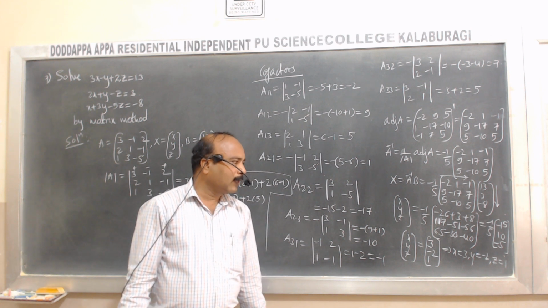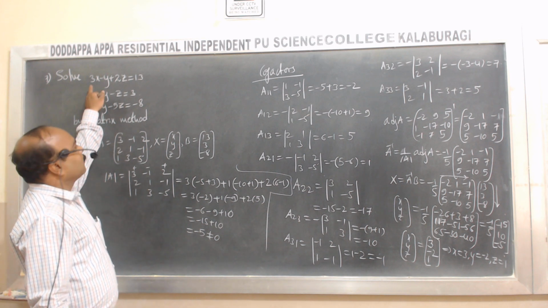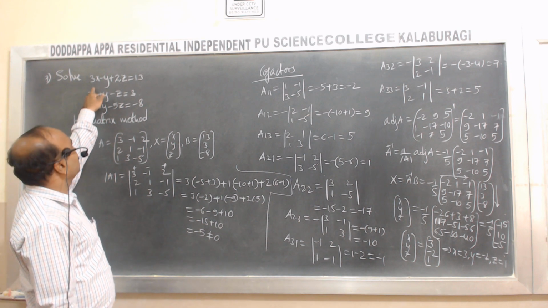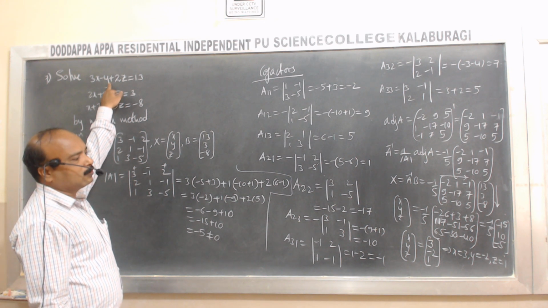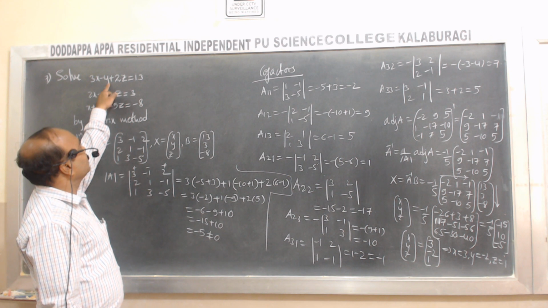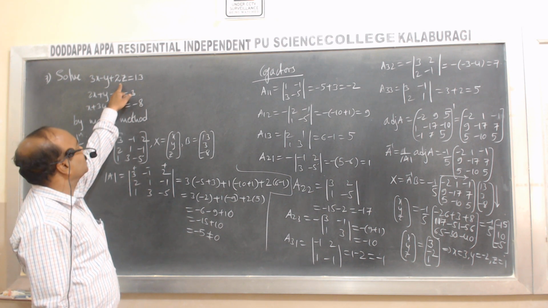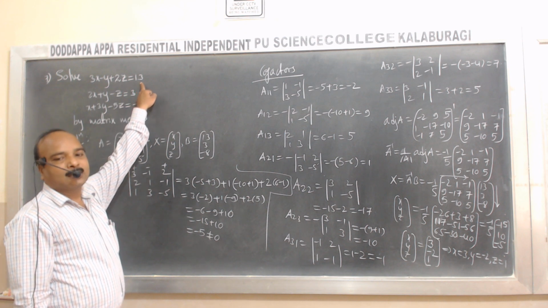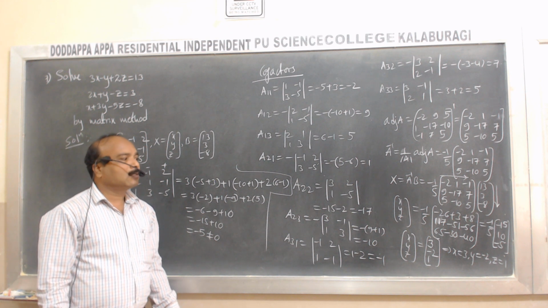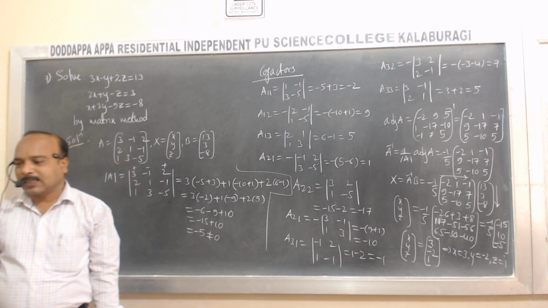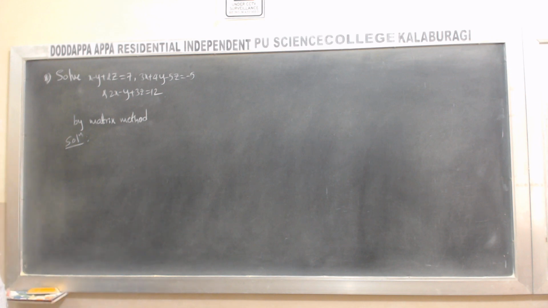Now we can verify by substituting these values in any one equation. If you take the first equation, put x equal to 3, you get 3 into 3, 9, minus y is minus 2, it is 9 plus 2, 11, plus 2 into 1, that is 2, 11 plus 2 is 13. Here also 13, so I get 13 equal to 13. It is verified like this. We find the solution. Next we go for another example.